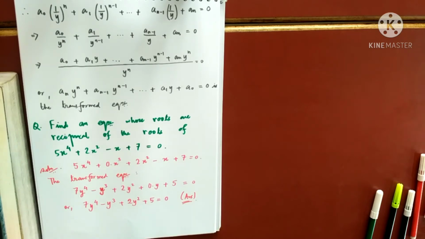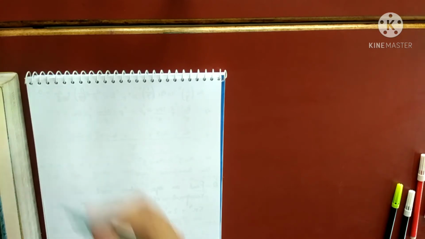So now we have done two transformations. One, multiplying the roots by some number, and the second transformation that we have done is reciprocal roots, like reciprocating the roots. We will now go to the third type of transformation. So let me talk about the third type of transformation.